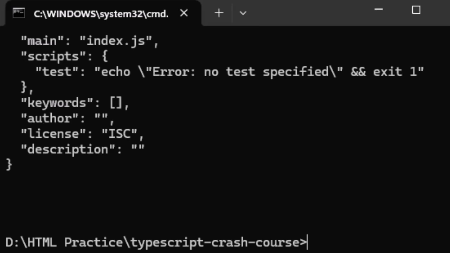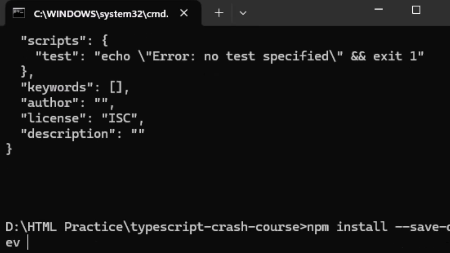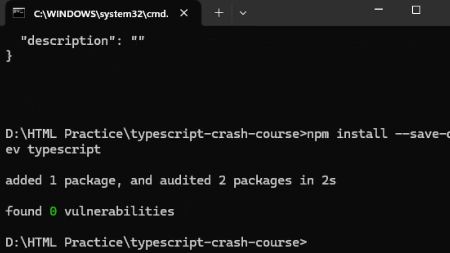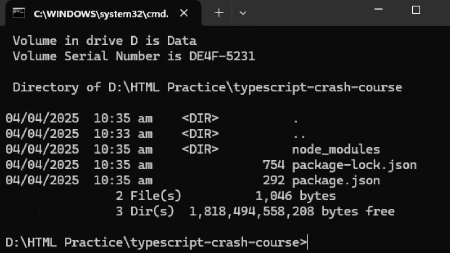So for that, we are going to use the npm install command, where npm stands for Node Package Manager, which got installed with Node, and we're going to use the --save-dev flag to make it a development dependency, and then provide the package name, which is typescript. This will install TypeScript and save it as a dev dependency in your package.json. You'll also see a node_modules folder and a package-lock.json file, indicating TypeScript is now part of your